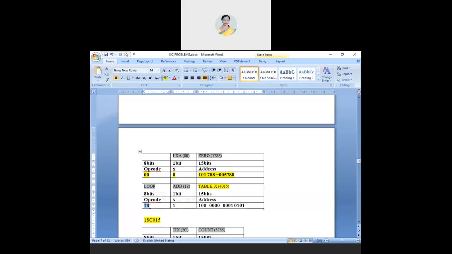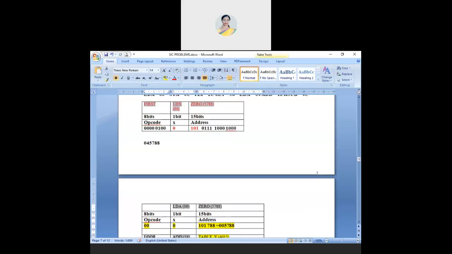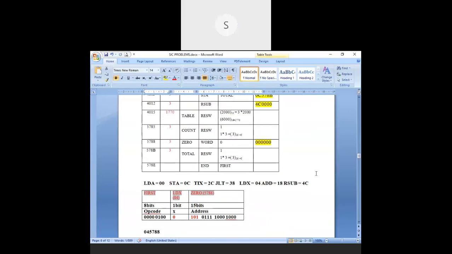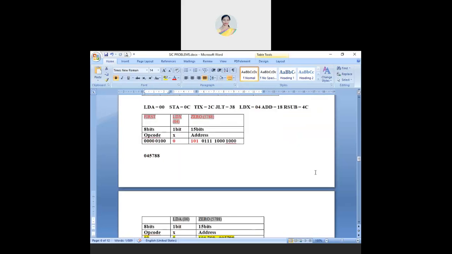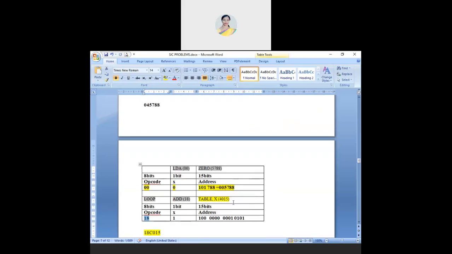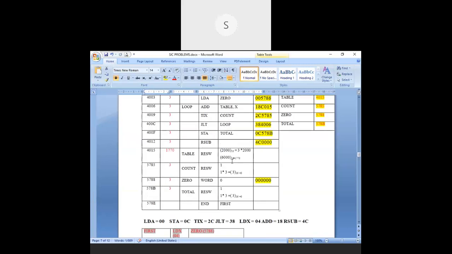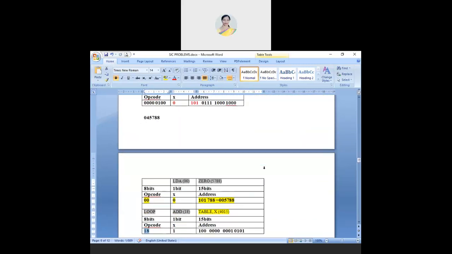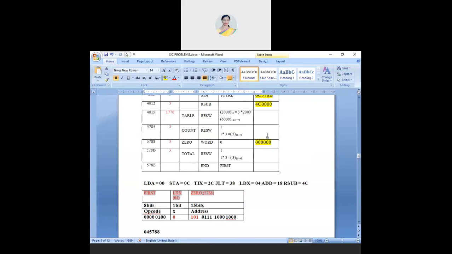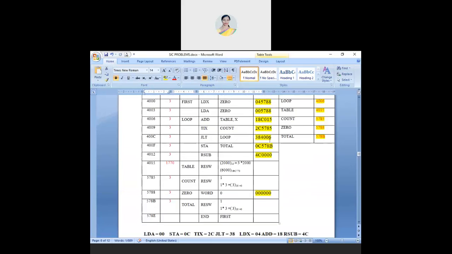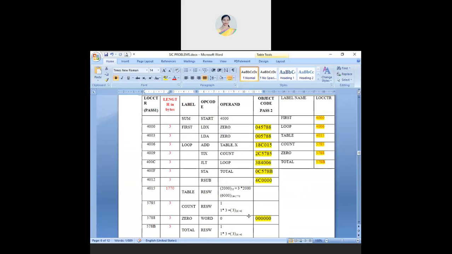Any doubt? Ma'am, we have to draw the table for each opcode? No, it's only for your explanation. I've written the table; you just write the code directly. This is only for explanation so that everybody understands. I don't need the table, I just want answers. How do we evaluate? Only by looking at the answer. There is no partial marks over here. Please remember that in compiler design and SS, we don't give partial marks.